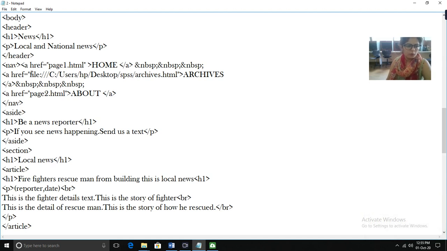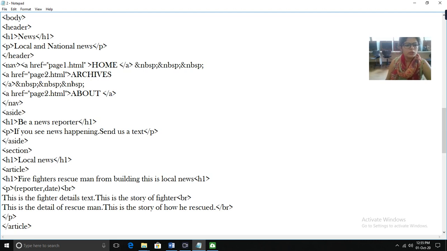Next, whatever we want to display. So next page, again you have to give the address of the page, for example, page2.html. Again you have to use the anchor tag href, address of the page, name of the page that you want to display, archives, and then anchor tag close.